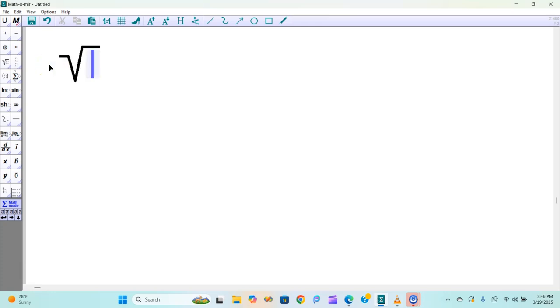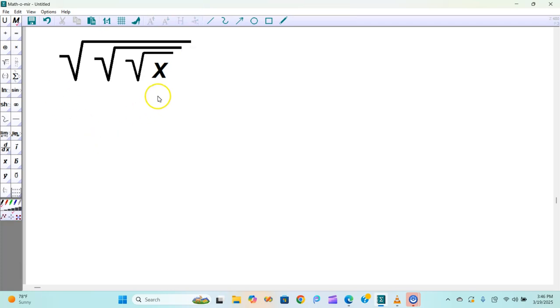Let's take a look at simplifying the square root of the square root of the square root of x. So where do we begin? Begin on the inside. So first, take a look at this part here. This is the square root of x. So what we can do is we can put equals square root,